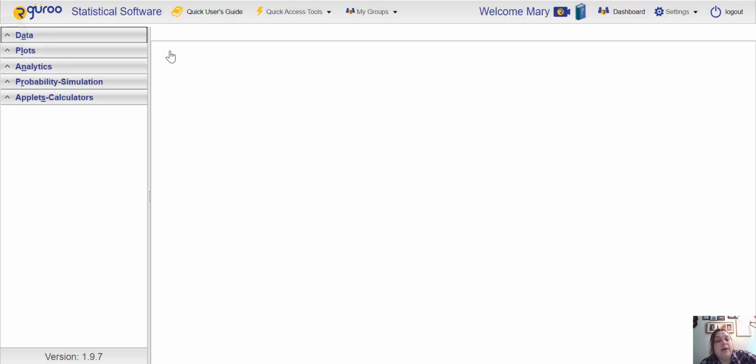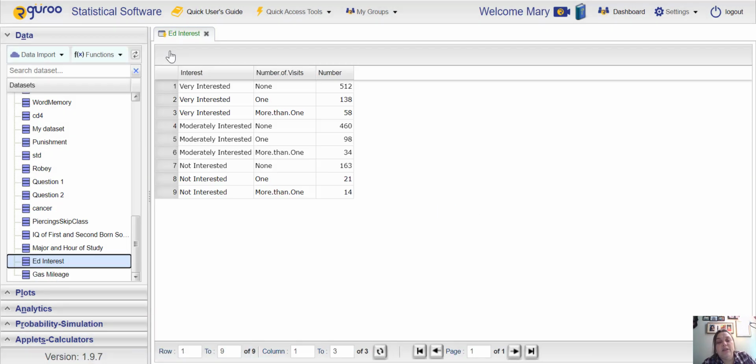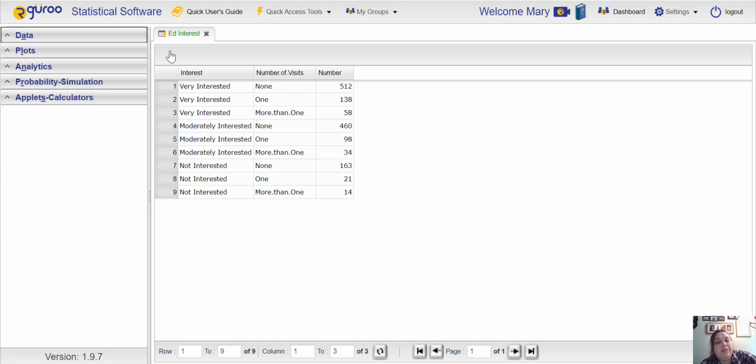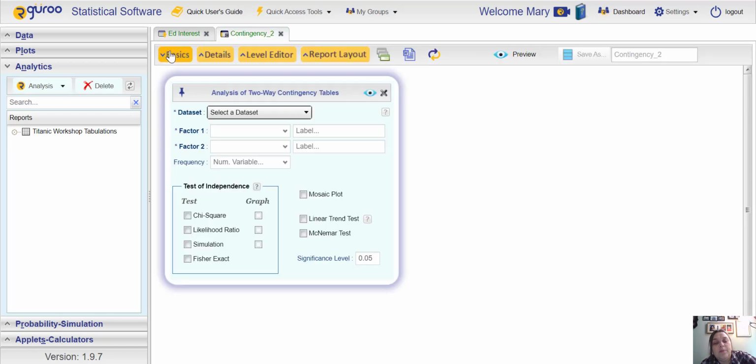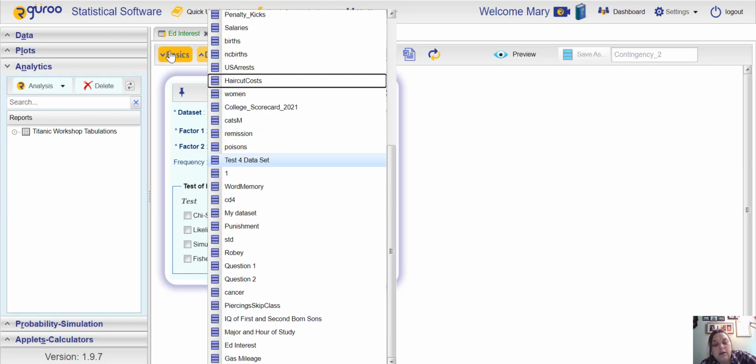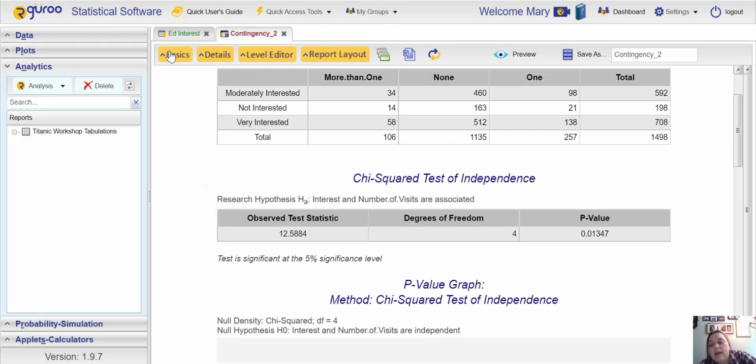Now, if you look at my data, I have already added the table for educational interest. So I'm going to go ahead and run the test. So analytics, choose analysis, choose contingency table. Select your data, educational interest. Factor 1 is interest. Factor 2 is number of visits. Frequency is just number. Choose chi-squared. And there we go. We get a p-value of 0.01347, which rounds to